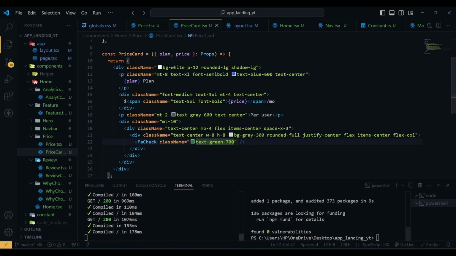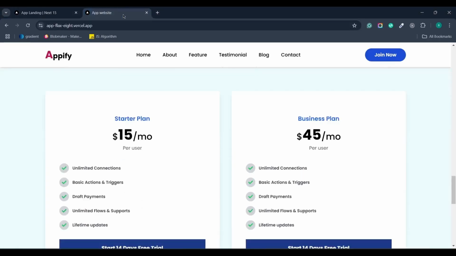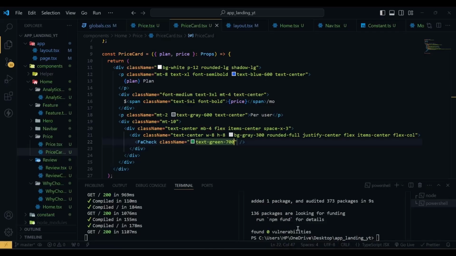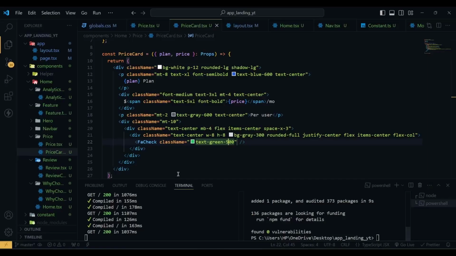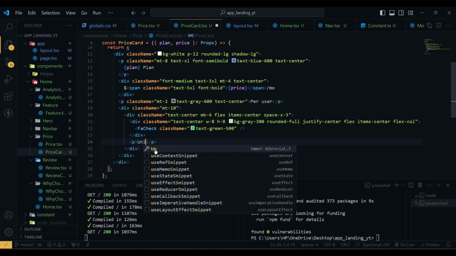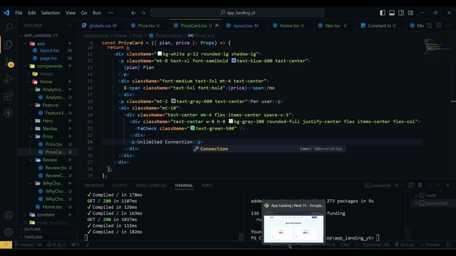Now if I hit save, here you can see we have this tick mark, just like this one. So this one will be green 500, not 700. Now it looks much better. Then after this div we have a p with the text unlimited connection. Now if I hit save,